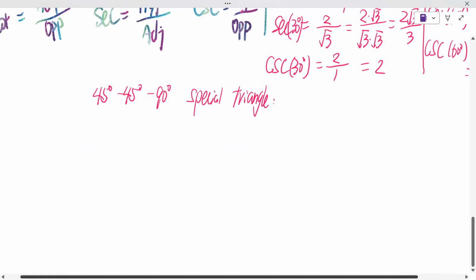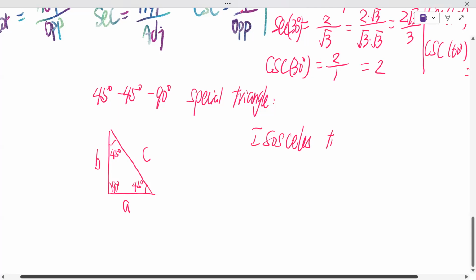This is what we call an isosceles triangle here, because this is 45 degree, this is 45 degree, and this is 90 degree. And let's put this is C, that's B, that's A. And because this is an isosceles triangle,